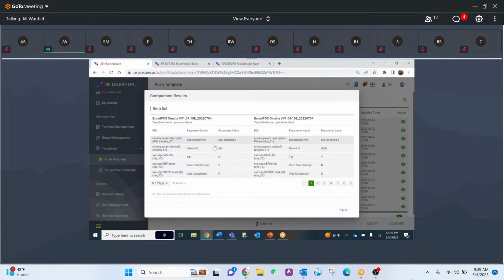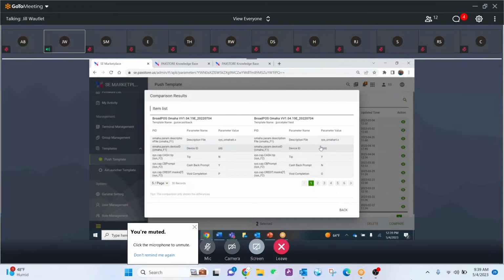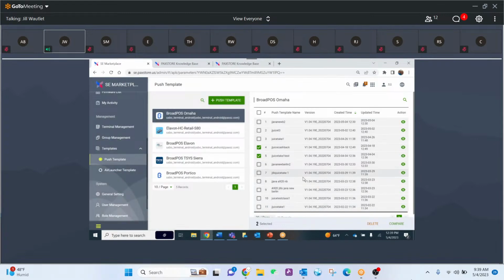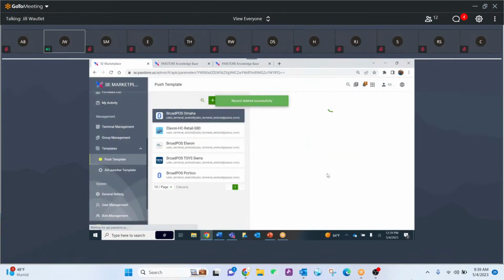So, this parameter value with the squiggly brackets with the DI, I forgot the pound sign. That's not going to work. So I want to make sure I always have my pound sign with my squiggly brackets. Tip. This has no tip. This prompts for a tip. Cashback. This prompts. This one doesn't. It looks like my Jill's Juice Take One Test is the one I want to keep. So I'm going to come out of here, and I'm going to actually keep that one and maybe get rid of that one. Okay. So again,